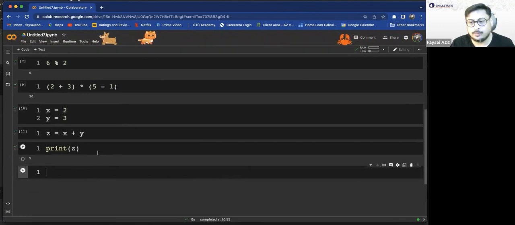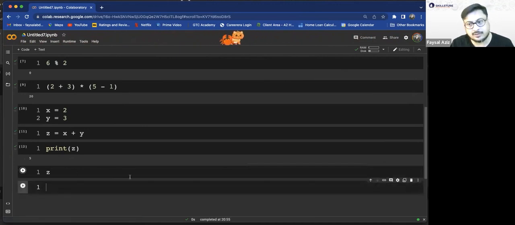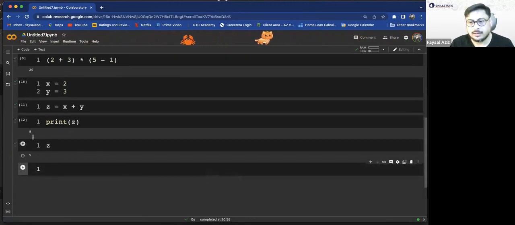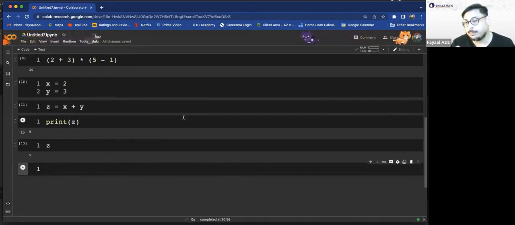Of course, this is a notebook. One great thing about a notebook is that not always do you have to write print. You can just write Z and it will show you the result as well. But we generally tend to use print because we don't always use a notebook. If we were able to port this into what we call IDLE, which is the usual Python way of doing things, then just writing Z would not work. Notebooks are special. Notebooks are great for experiments.